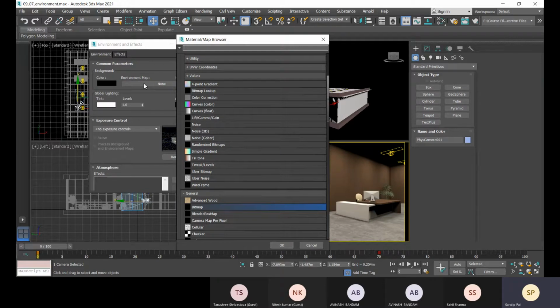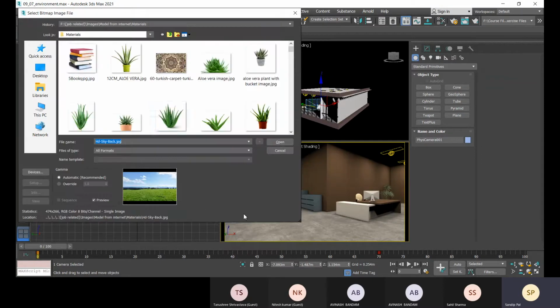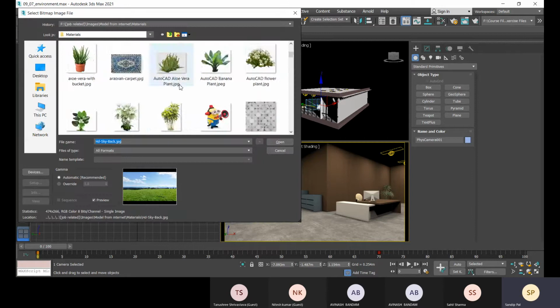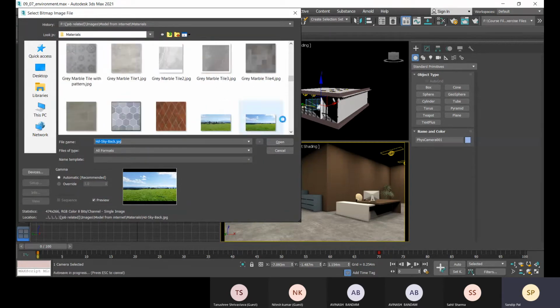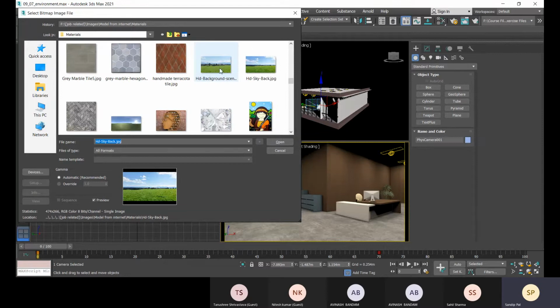There you can specify map. I already told you about that bitmap we use for map. So we will choose this bitmap option, and then we will specify the map. We already have that. That kind of thing you can download from the internet.